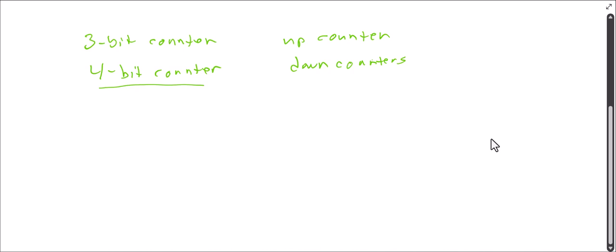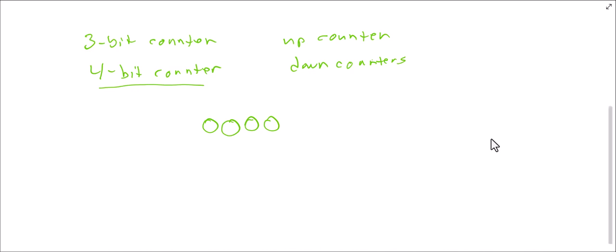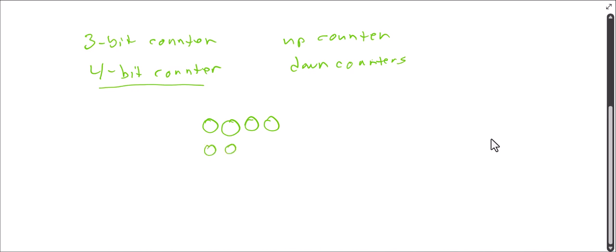So a 4-bit counter means that you have 4 bits, and if it's an up counter, that means that you are counting up. So this is 0, the next going up would be 1, and then 2, and then 3, and then 4, and then 5,